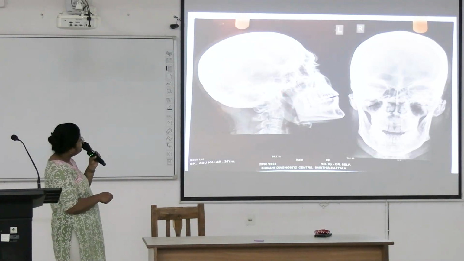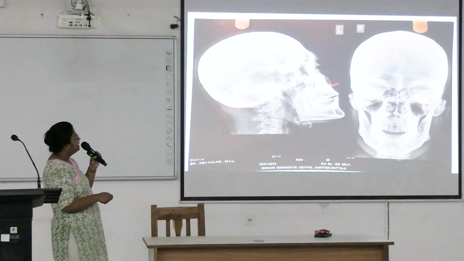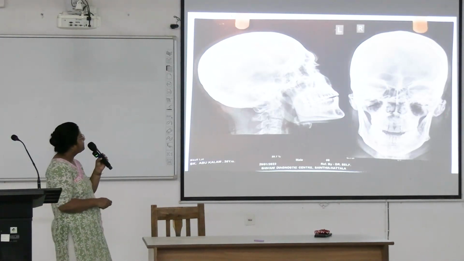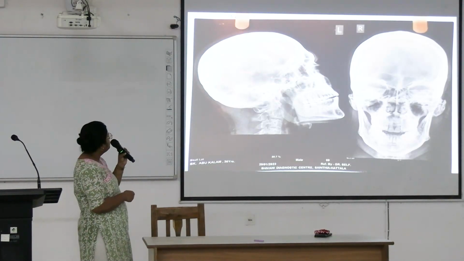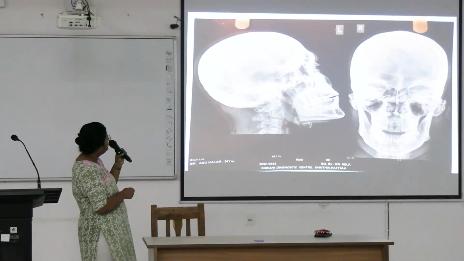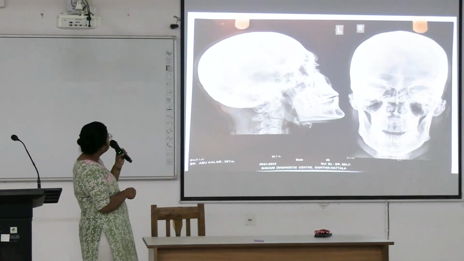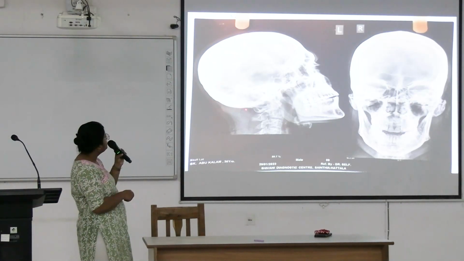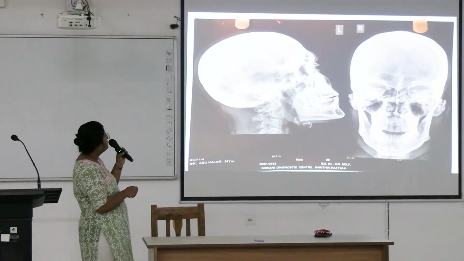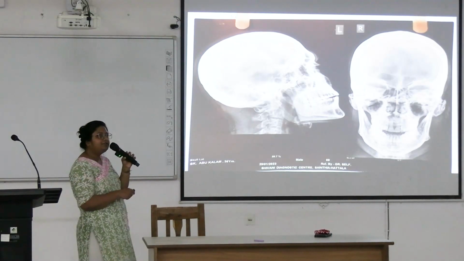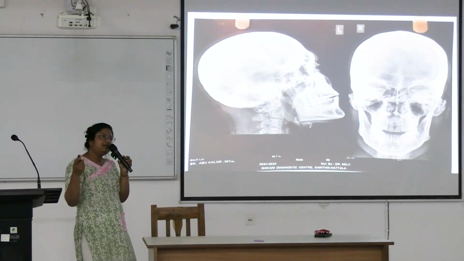This is the location of the temporomandibular joint, upper jaw, lower jaw, and these are the teeth. These are visible in the lateral radiogram, and you see the outer and inner table of the skull are clearly visible. Outer table, inner table. In between these two tables you will see the diploic tissue, and the outermost area is the soft tissue of the head and neck region.